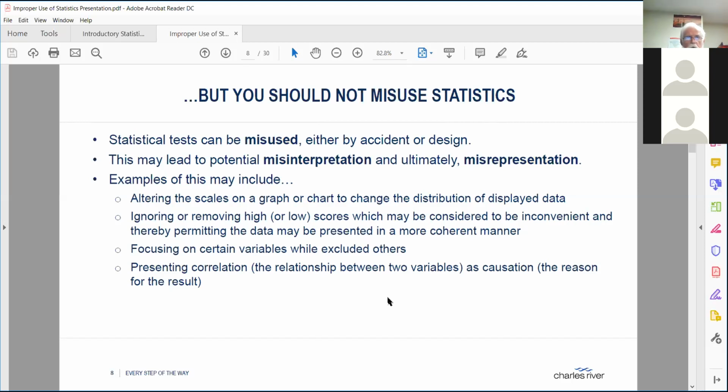We looked at the museum visitors, and we had a 108-inch tall person. That would be one that we could remove or explain and ignore simply because a 108-inch tall person just doesn't happen. So it is clearly a mistaken piece of data, but we have to be able to justify any data that